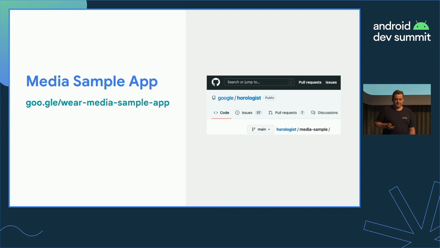Check out the Horologist GitHub project that hosts the Media Toolkit, and you'll be having a running realistic media app in minutes. The sample app follows our modern Android development guidance, making it an excellent starting point for your app. Open the project, change the sample app to fetch from your APIs, and have an MVP running in days rather